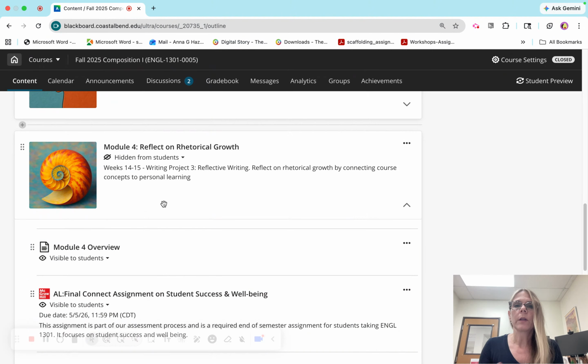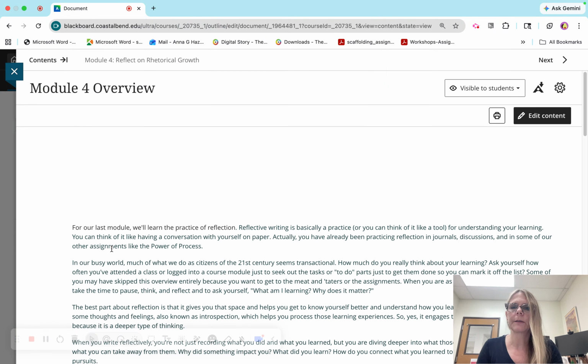One thing to notice is that this doesn't have the folder units like the other modules, because we're going to keep this one open for the remainder of the semester, so there's no need to put things in the weekly folders for this. So it'll look a little different, just less clicks, which is always a good thing.